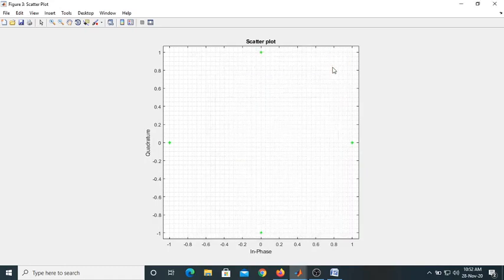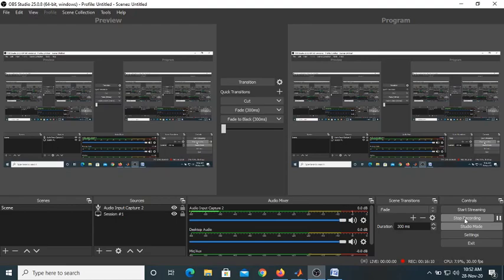If there is noise, a scattering of the points will take place. If noise is more, the received point will be far away from the transmitted point. After all, what is the noise? It is the distance between the message point and the received signal point, isn't it? So if the noise is more, the received signal point will be far away from the transmitted signal point. Now this is about drawing the constellations of BPSK and QPSK for different values of noise. So we stop here. This is about one experiment.